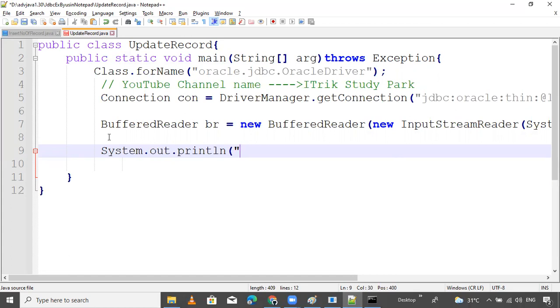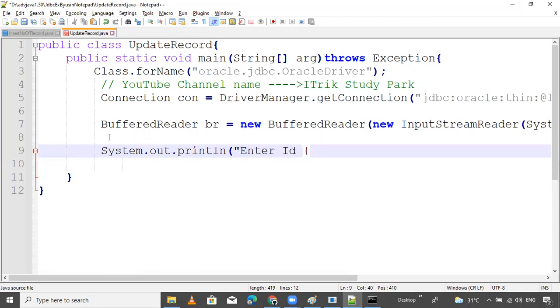I think we should create one more table. Otherwise, we change the name. Okay. Enter ID for update.